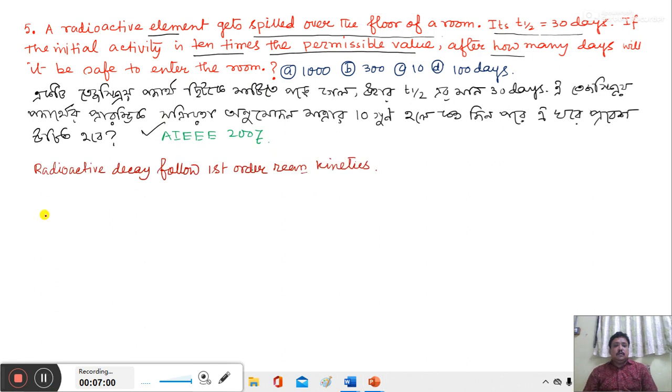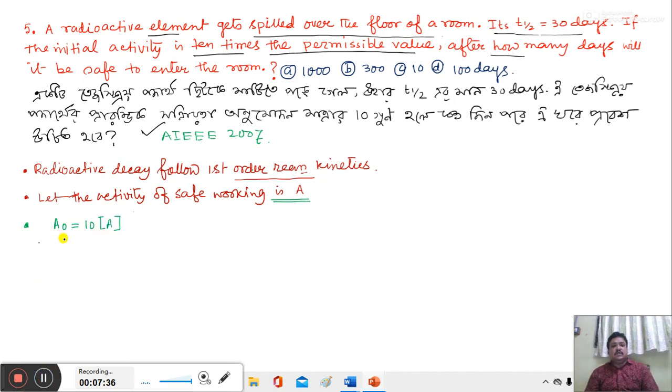Now we know radioactive decay follows first order reaction kinetics. Let the activity of safe working be A. That means A is the safe amount where the room is permissible for a person to enter. Now from the question we know